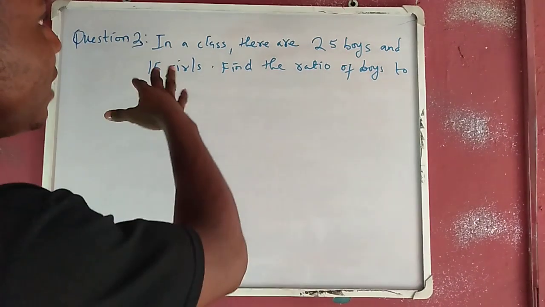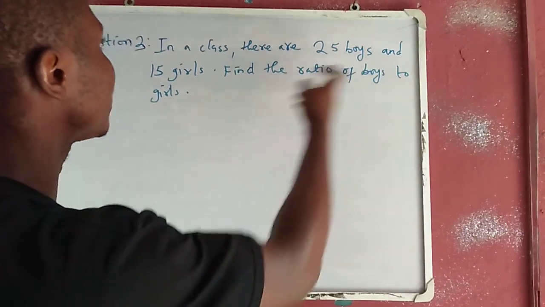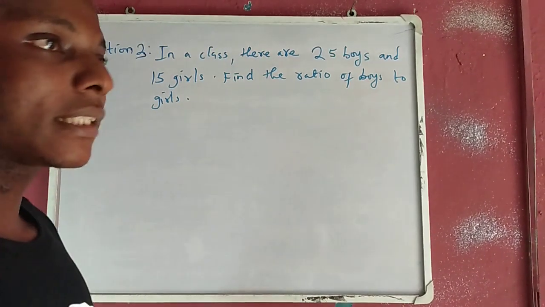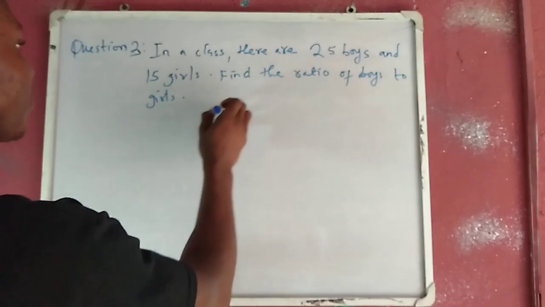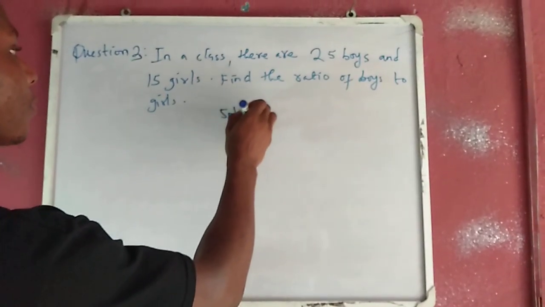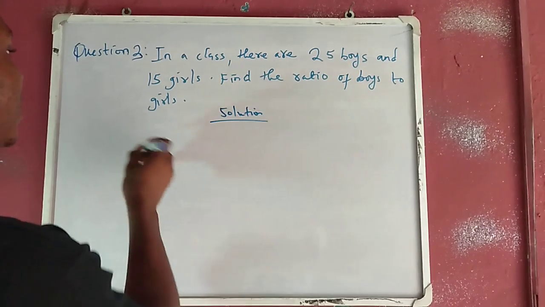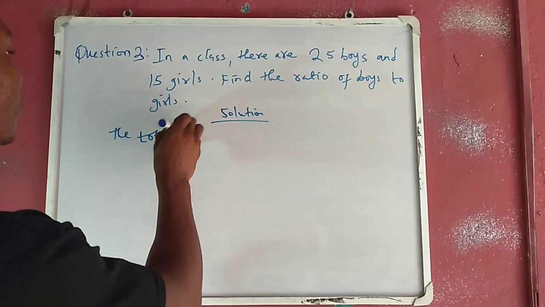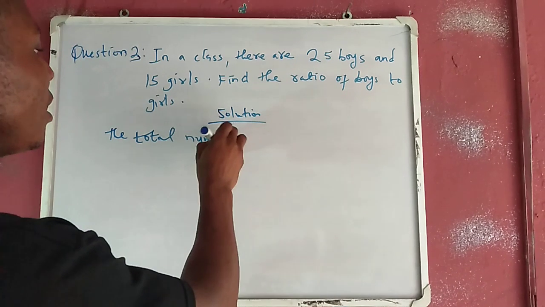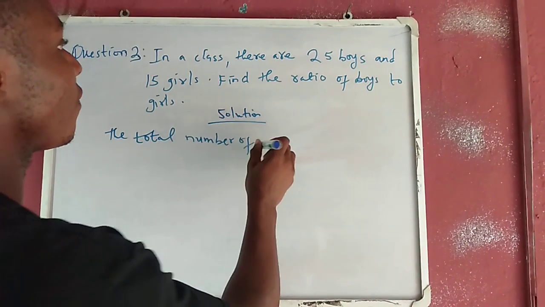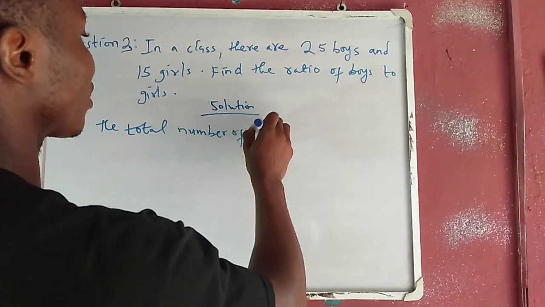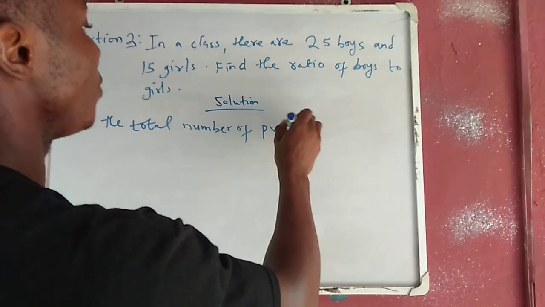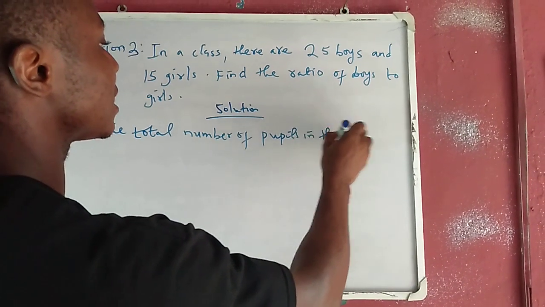You are given that in a class, there are 25 boys and 15 girls, which means, write your solution, the total number of pupils in the class,